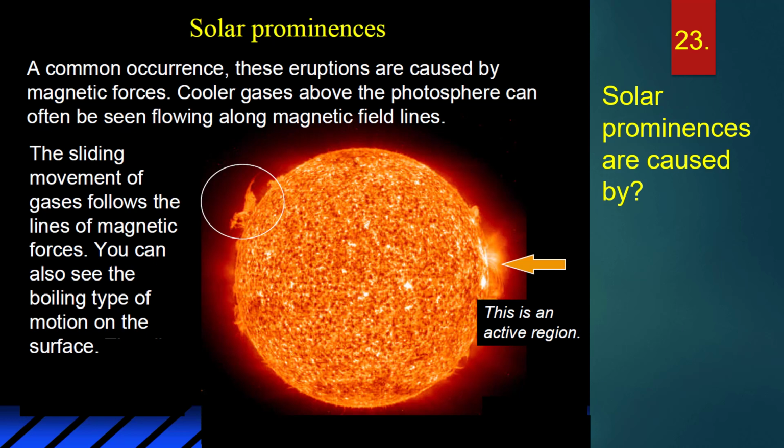Solar prominences. A common occurrence, these are eruptions caused by magnetic forces. Cooler gases above the photosphere can often be seen flowing along magnetic field lines. The sliding movement of gases follows the lines of magnetic forces. You can also see the boiling type of motion on the surface. The arrow points to an active region. Question 23. Solar prominences are caused by